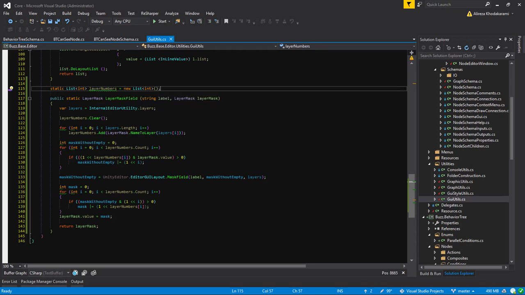Well, he defines a list of ints for the layer numbers. Then he gets the layers, the names. He clears the list of the numbers, and then he goes into the layers and adds name to layer from the index and mask without empty, and he does some bit shifting, not that hard to understand. I mean, you should know that if you have, for example,